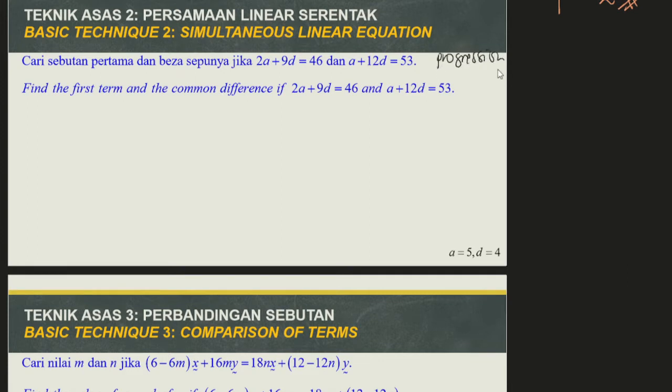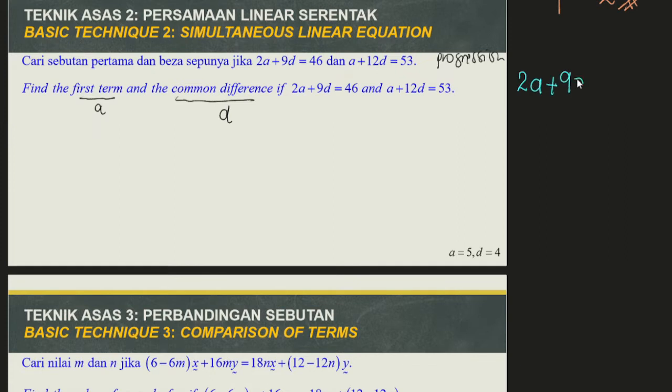Now, look at the question. Find the first term. First term means they want you to find the value of A. And the common difference is D. If A plus 9D is 46 and A plus 12D is 53. They have given you two equations, right? Now what we do,